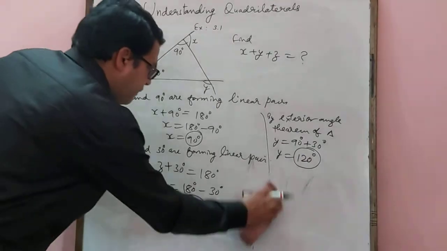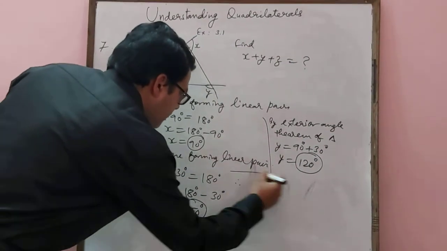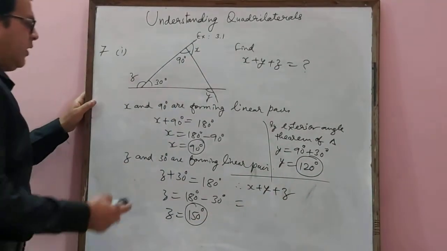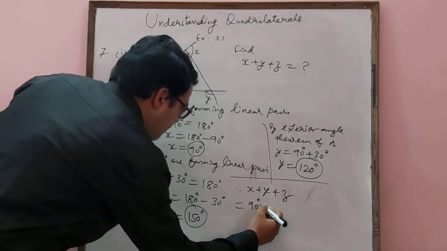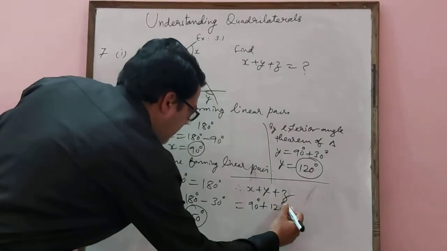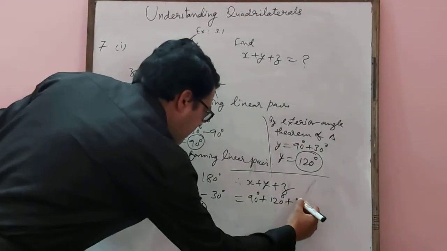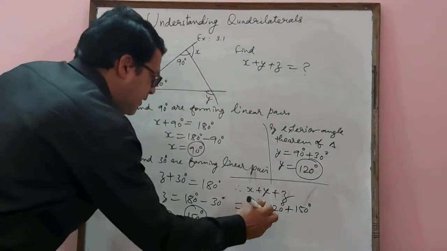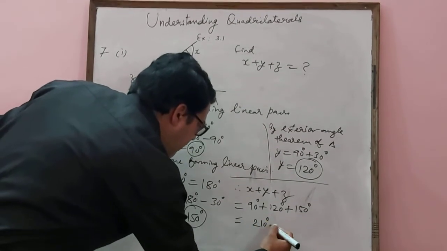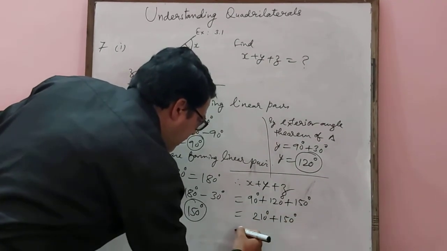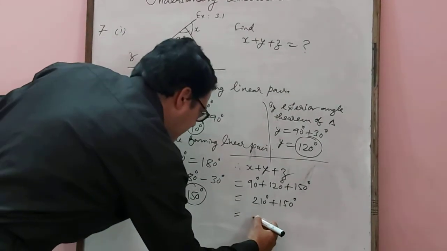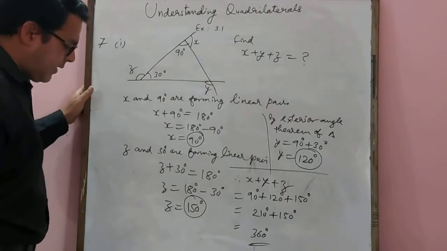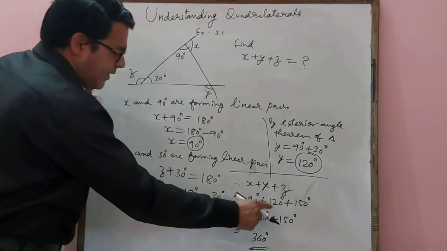Therefore, x plus y plus z equals 90 degrees plus 120 degrees plus 150 degrees. What will come after adding? 90 plus 120, we can write it 210, plus 150. And after adding all these together, we will get 360 degrees. So, the sum of x, y and z is